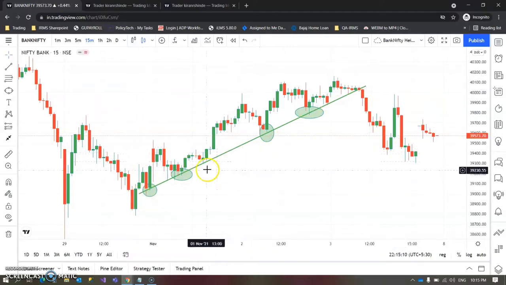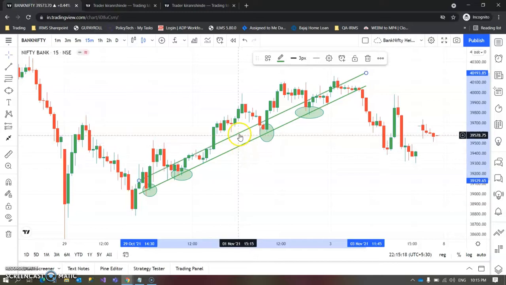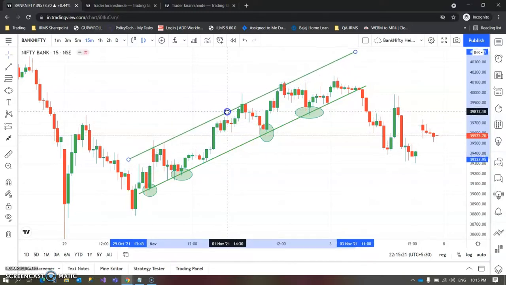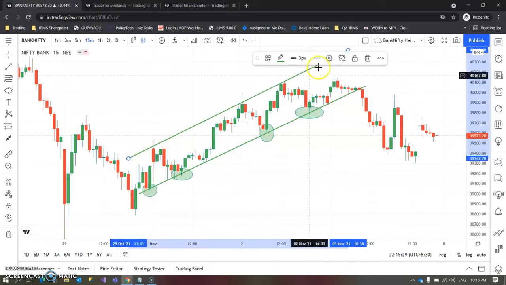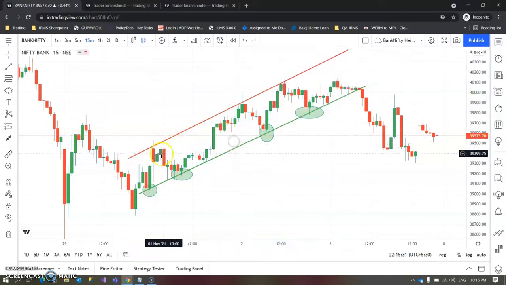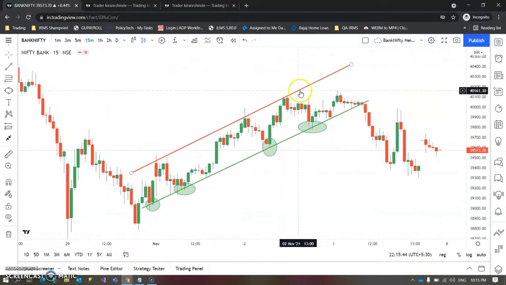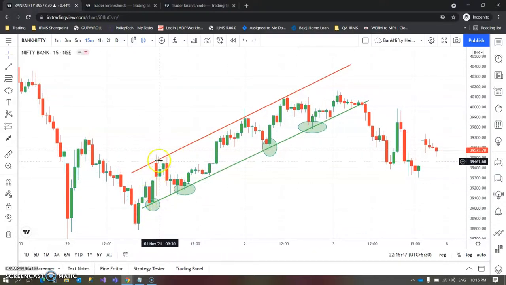So this was regarding the support trend line. In a similar manner, just to give an example, we would try to connect the highs. We can see the market facing resistance at this particular point, this second point, and this is the third point. If we look at this, the market is trading in a channel pattern as well. So this is how you should draw the support and resistance trend lines.